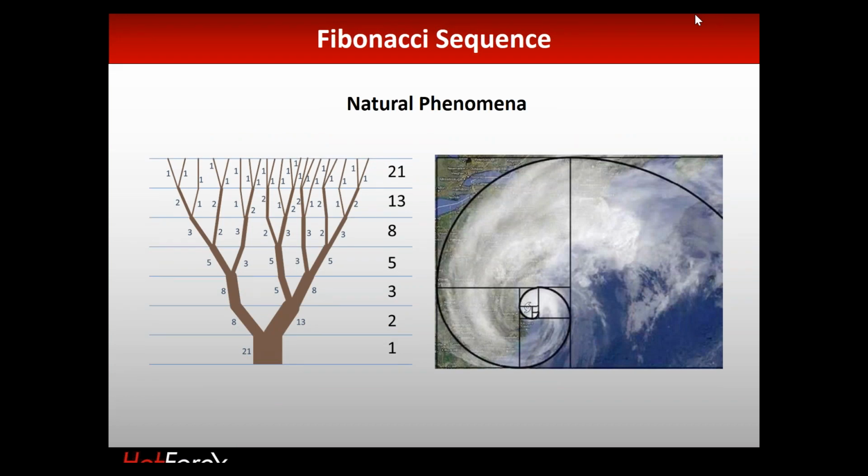Fibonacci was initially developed and observed in natural phenomena. If you look at a satellite image of clouds, the ratio is a Fibonacci spiral. In trees, Fibonacci 1, 2, 3, 5, 8, 13, 21. Its branches: 1 split to 2, and then split to 3, and then split to 5, split to 8. So this is how it works.